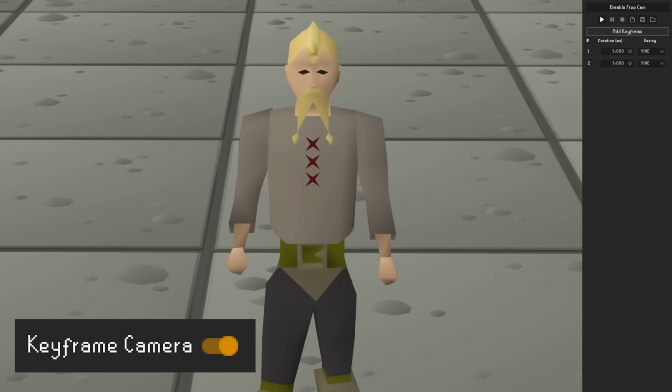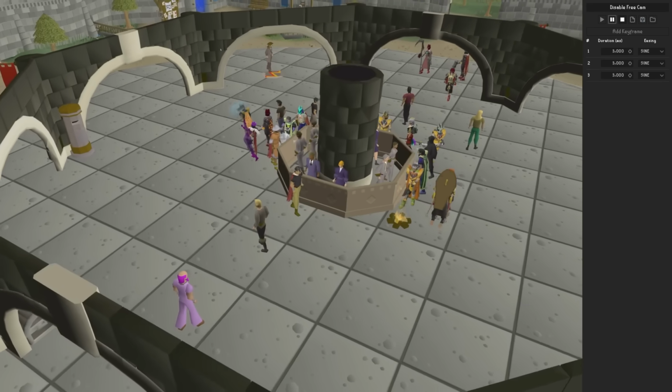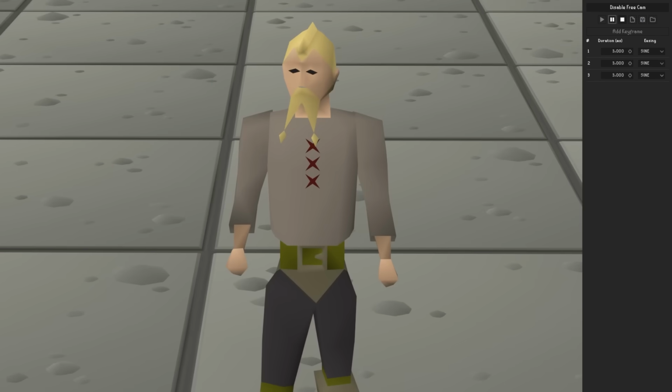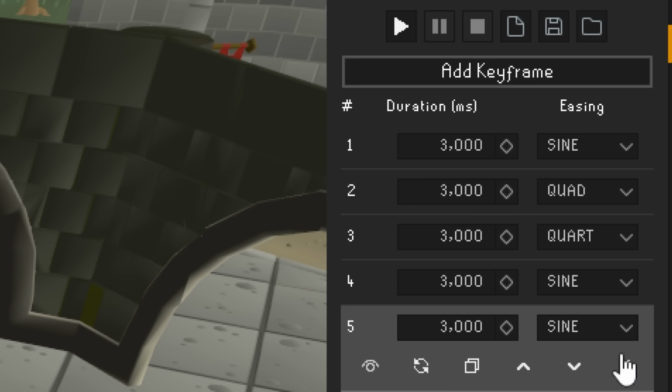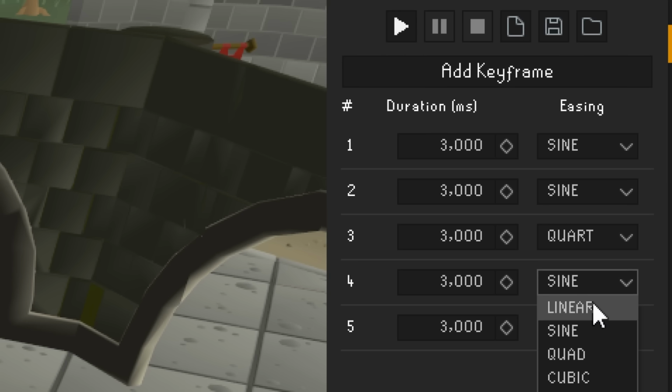The Keyframe Camera plugin is absolutely incredible. No surprise since it's made by Goody. With this plugin, you can set keyframes to have a camera fly around and look all cinematic and professional. Look at how good these shots look. You can get really creative with it. You can change the amount of keyframes you have, change the type of camera easing there is. For content creation, this plugin is an absolute game changer and one I will 100% be using for Gillenor Games